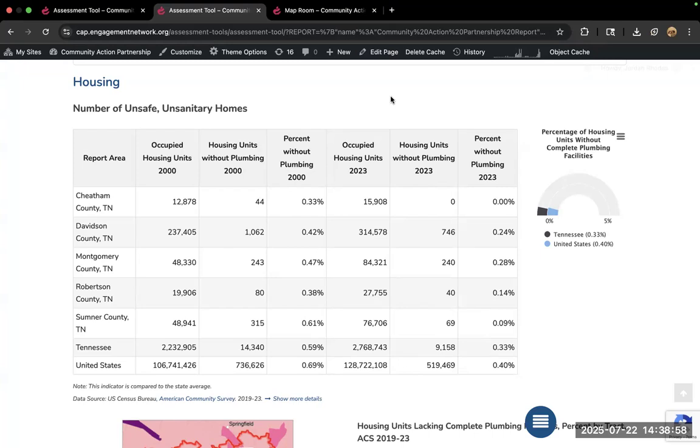For most of these, as soon as the data is updated, we have a seamless connection built so that the data in your tool will update as well. The only exception being the American Community Survey data. Since that is a very, very large amount of data, it usually does take us about a month to get that entirely updated. It is released usually in December, and we typically have it up around that time.